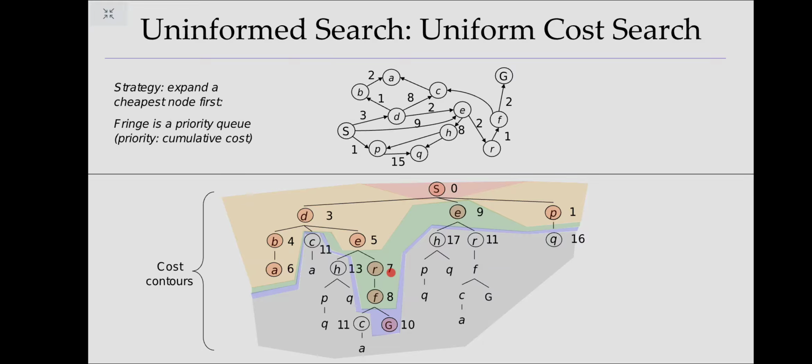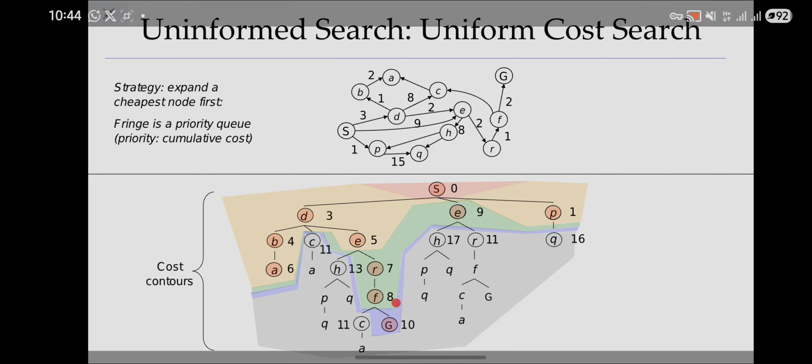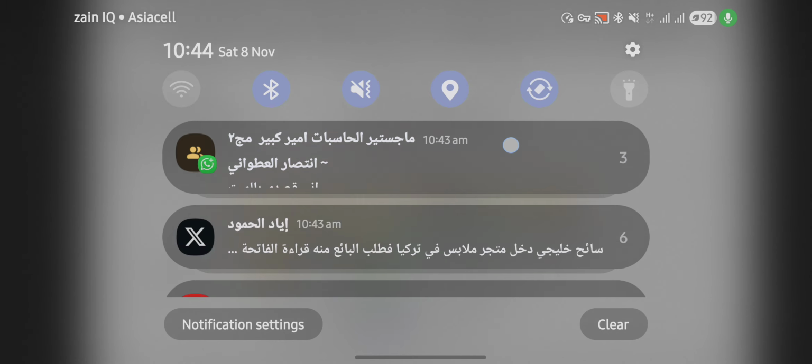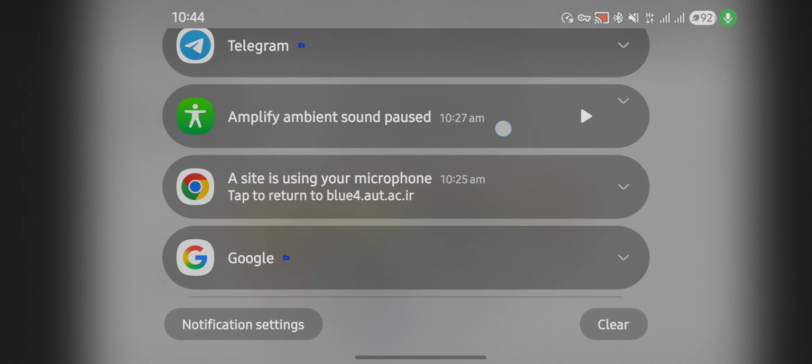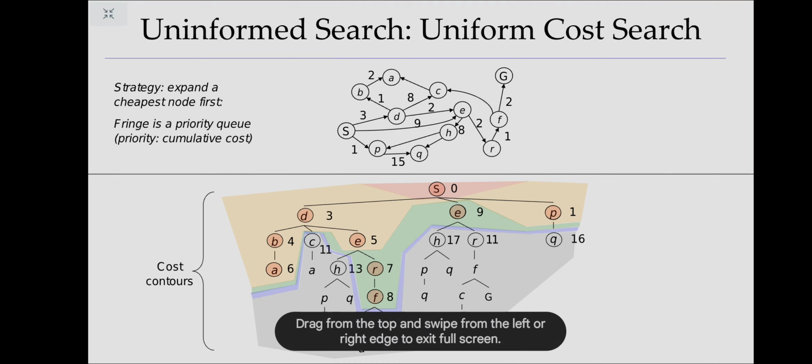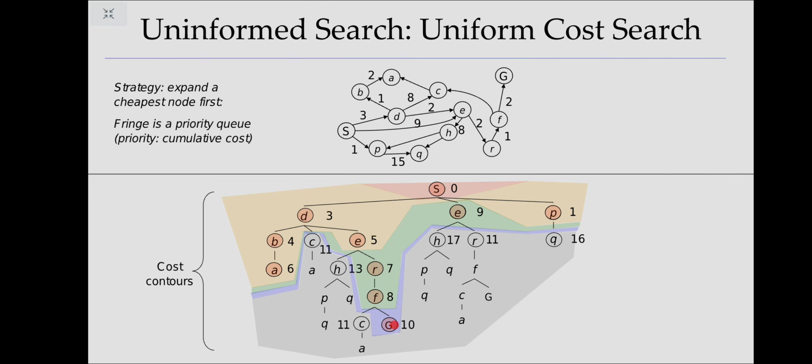The neighbor of R is F. The label is 8. 8 is less than 11 and 60. We continue from E. The neighbors are C and G. C is 11 and G is 10. 10 is the least among 11